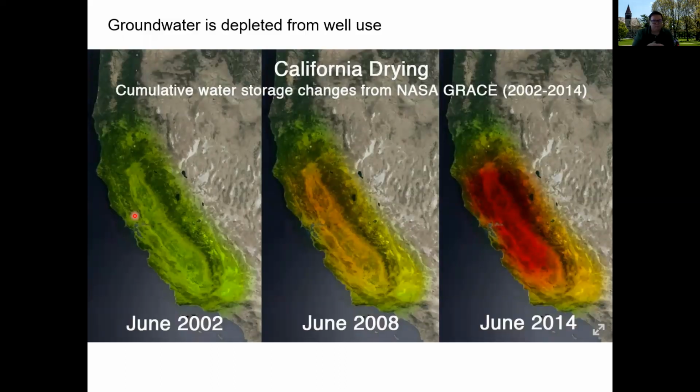The third factor, so snowpack decreases being first, rainfall being second. The third factor is that, over the long term, as the agricultural activity in the Central Valley has expanded, you are seeing groundwater use increase and increase and increase, right? When there's a drought period, we go to the groundwater. Why? Hopefully, most of this seems intuitive, but the water in the ground might drop because less water is coming in, but by and large, it's not evaporating, it's not being lost, and it basically creates a water store or